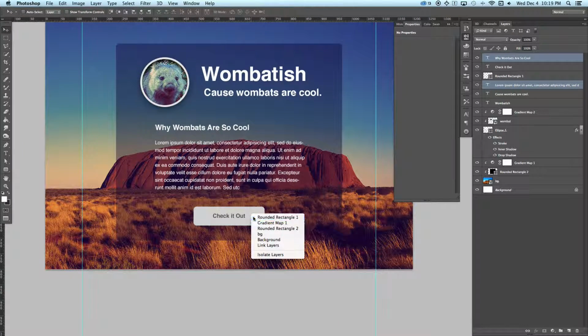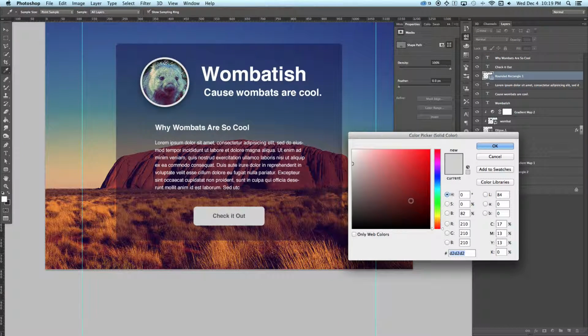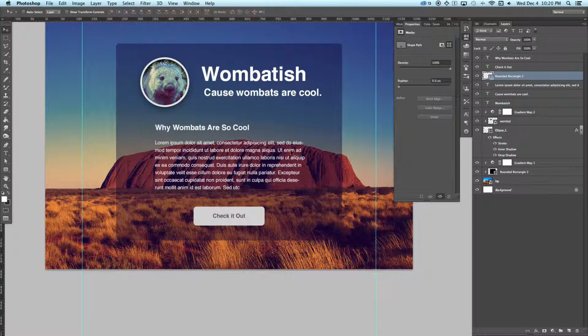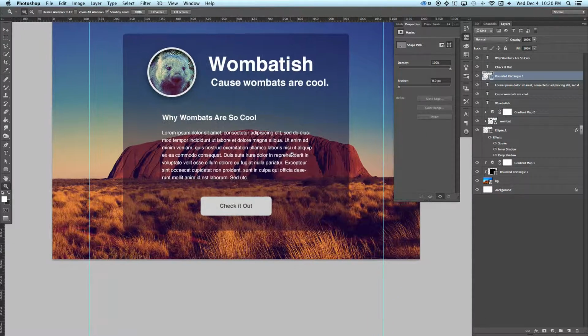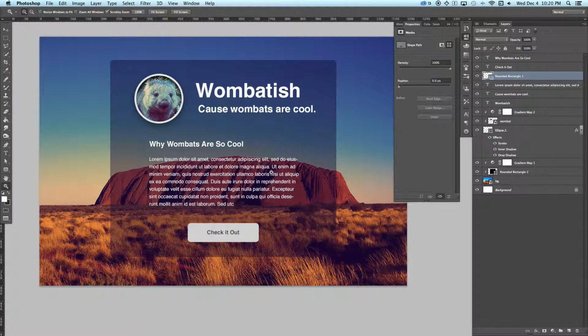Okay. Let's see, should we do something different with this button? Or is it still going to give me problems? That purple almost worked. Nope. Let's just go back to that gray, so cancel. Okay, so